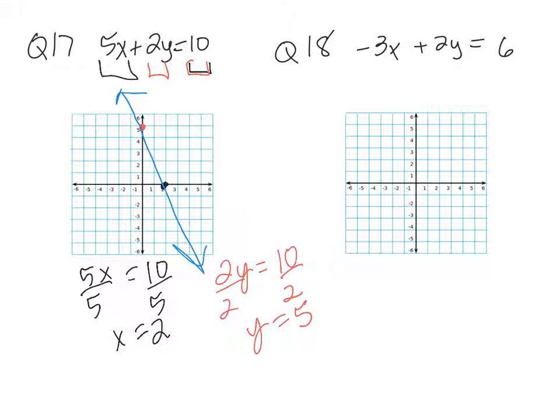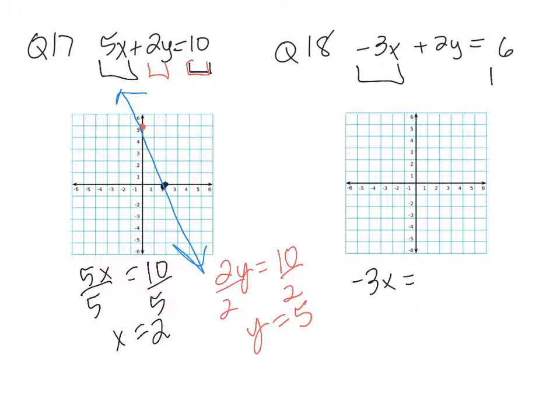The reason why I'm just taking each term separately is what we're really doing is we're plugging in a 0 for the other value, and it cancels that term out. So that's why we're kind of ignoring the other term each of these times. We're going to do the same thing over here. So I'm going to take the x term